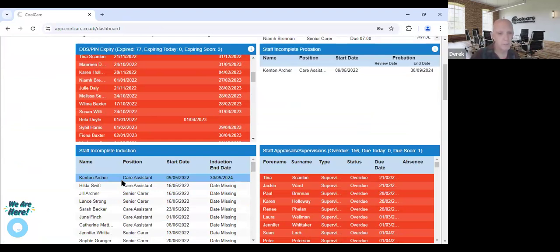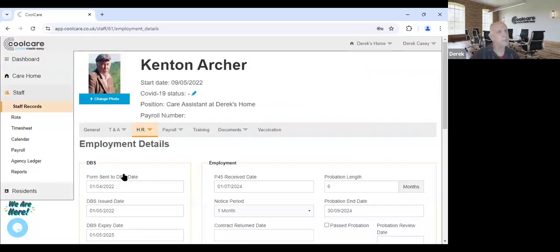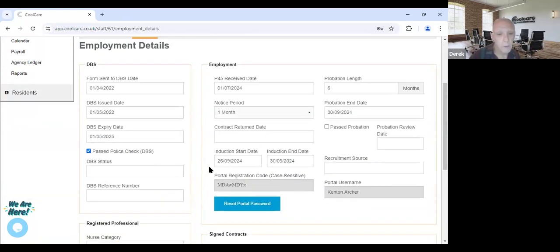And with our friend Kenton, by the way, with Peggy, today's date was originally in the middle of her induction, between her start and her end. But here with our friend Kenton, his induction doesn't start till tomorrow, and it goes on till the 30th. So it doesn't matter what the start date is. Basically, as long as that end date is in the future, it'll appear on the list. Once that end date moves into the past,